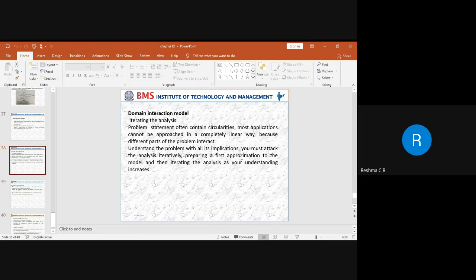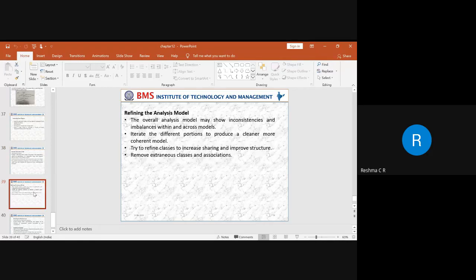So that has to be identified. So for that, what we need to do, we need to refine the analysis model. So for refining, the next step is refining the analysis model. For refining the analysis model, we need to identify what inconsistencies there are. That means we have collected all the requirements. We need to